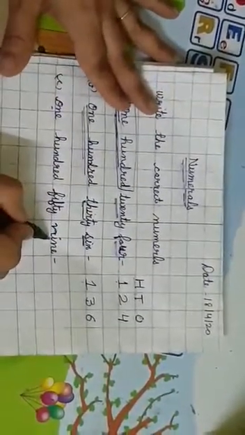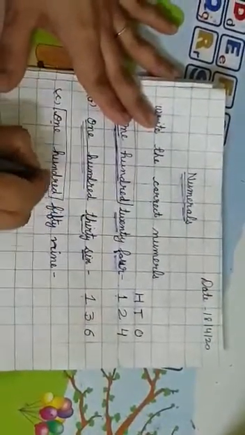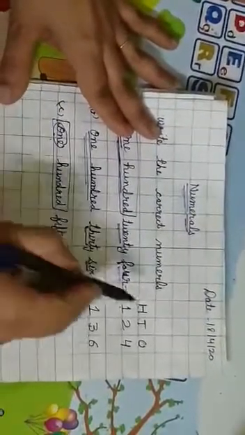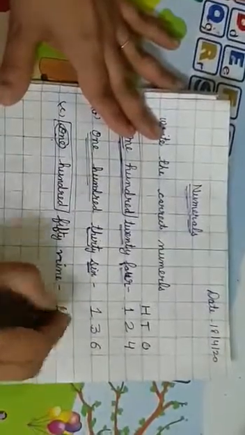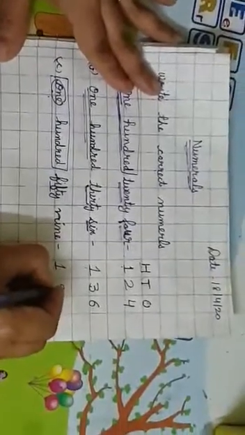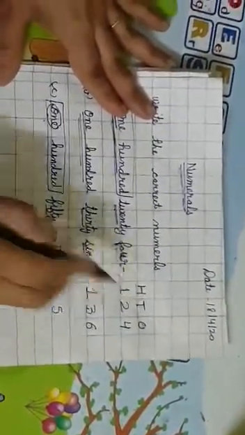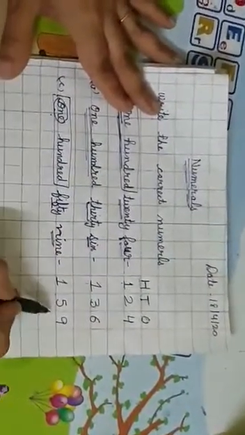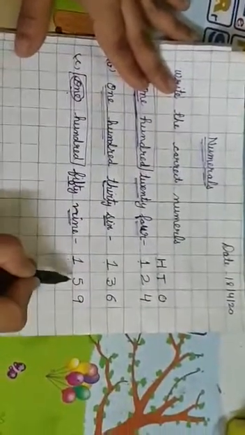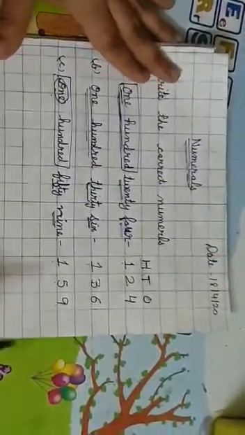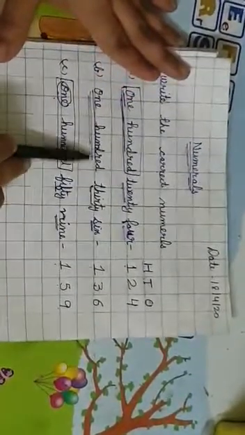159. How will we write this number? Again 100 is given here. Now I will write 1 in place of 100. Next 50 is given. 50 means 5 tens. In ones place, I will write 9. So, the number becomes 159. Now, I will give you one worksheet related to this topic and you all will follow all my instructions